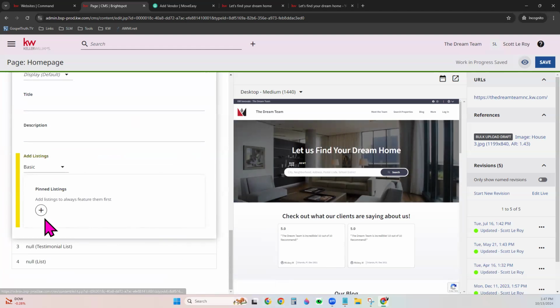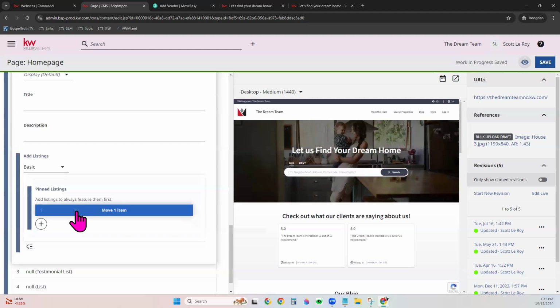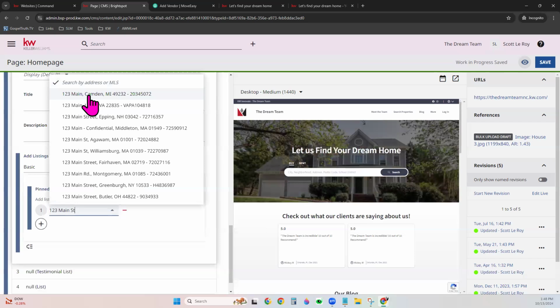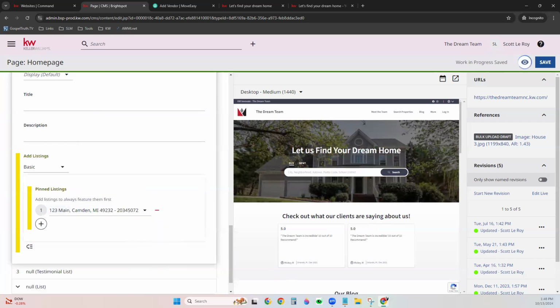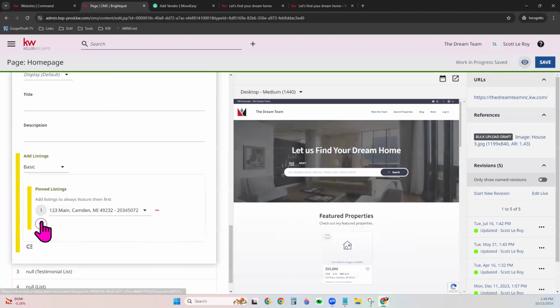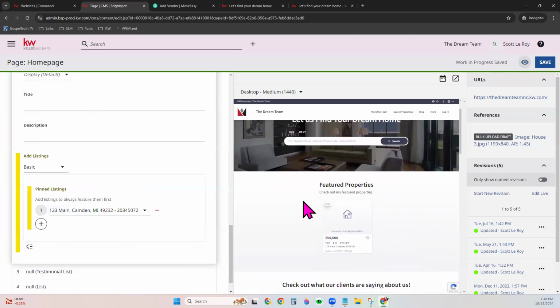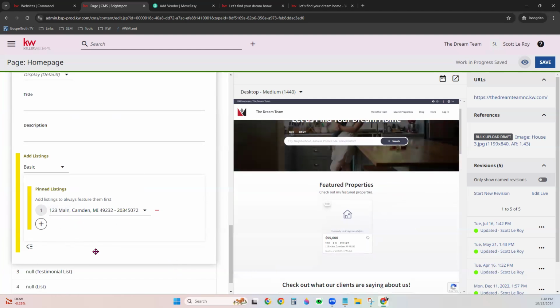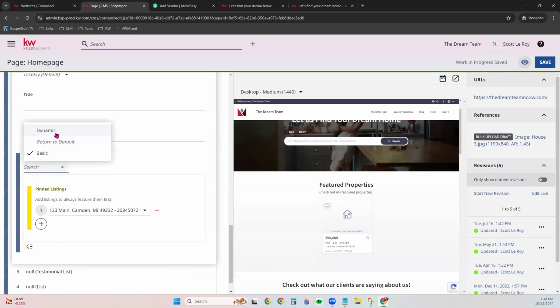It will go to basic mode and only the listings you enter right here by hitting the plus and beginning typing in the address. Whatever properties you enter here are the only ones that will show on your site. You'll just choose the address and that will be the only property. So you can add multiple if you would like. Maybe you only want a particular property featured. Maybe that's a selling point that you're offering your clients. I don't know. But you can go ahead and choose that if you would like,